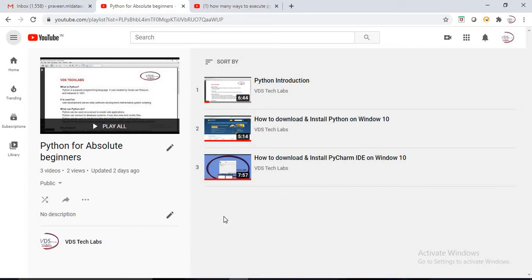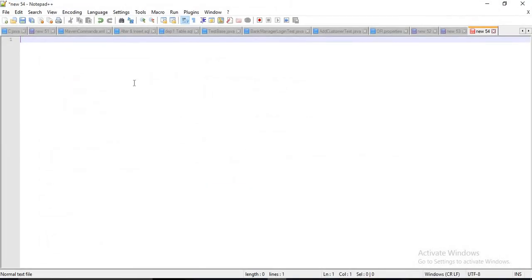So let's start. First of all we'll open Notepad++. Here we have to write only a basic one: print, and what? Welcome in Python world.